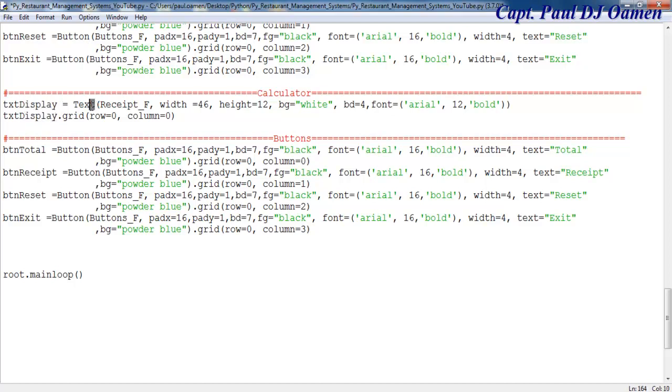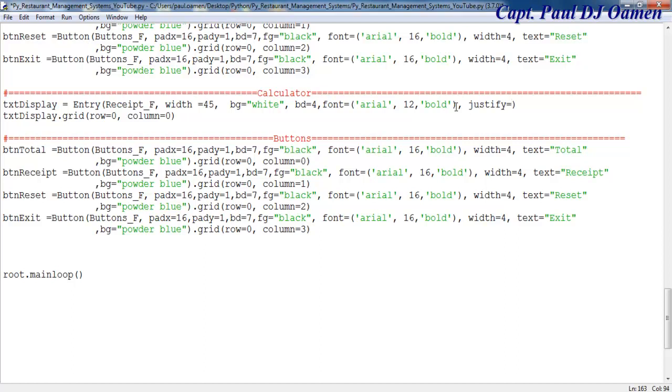And this object, or widget, will become Entry. Now the width for that calculator, make that 45. I'm going to get rid of the height. I will justify it. Let's justify it, comma, justify